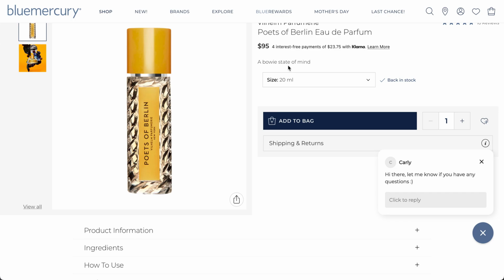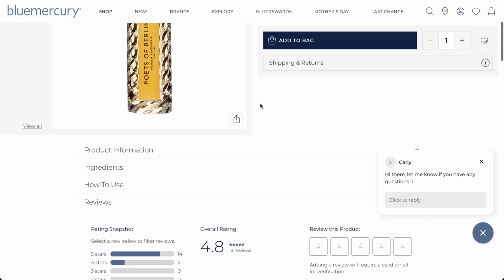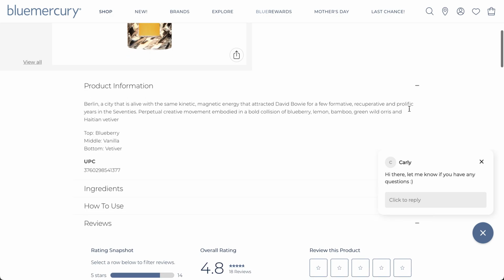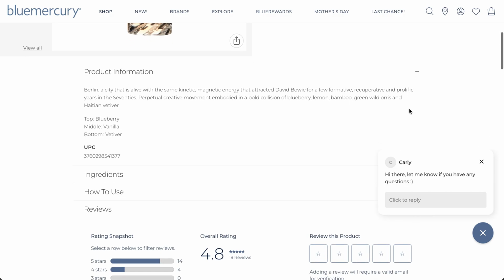So let me know if you know what that means, because is that talking about David Bowie? Or is it something else? I don't know. My lack of pop culture kind of ruins me sometimes. It says, Berlin, a city that is alive with the same kinetic, magnetic energy, yeah, it does talk about David Bowie, that attracted David Bowie for a few formative, recuperative, and prolific years in the 70s, perpetual creative movement embodied